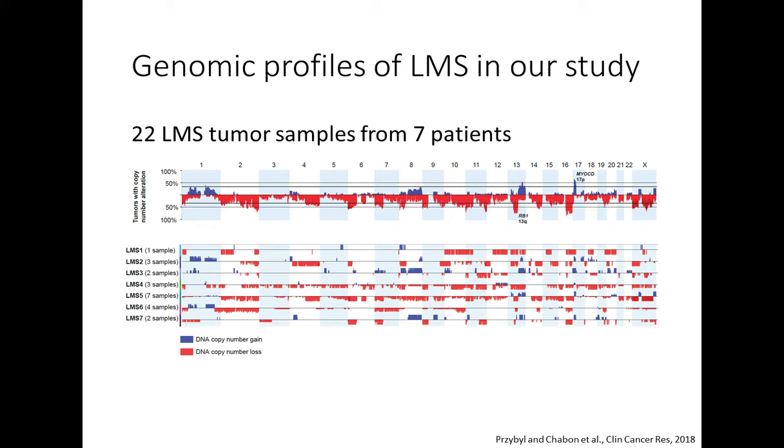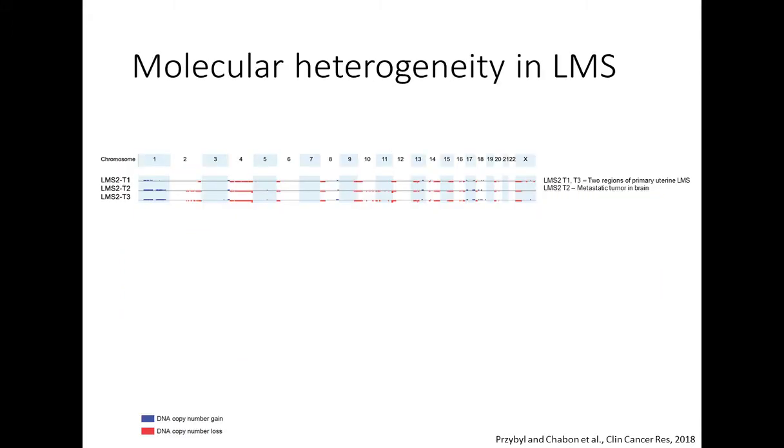Based on applying diploid recentering and the analysis criteria that I described in the previous slides, we identified the following abnormalities in our leiomyosarcoma tumor specimens. The most frequent alterations included loss of RB1 tumor suppressor gene and amplification of myocardin gene, which is in agreement with the previously described leiomyosarcoma profiles in the literature.